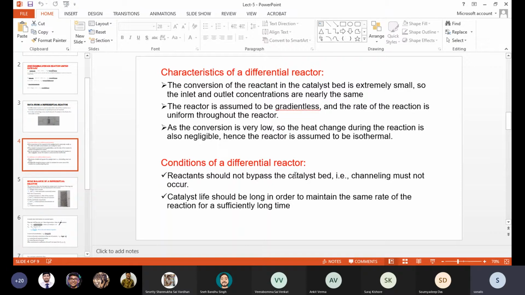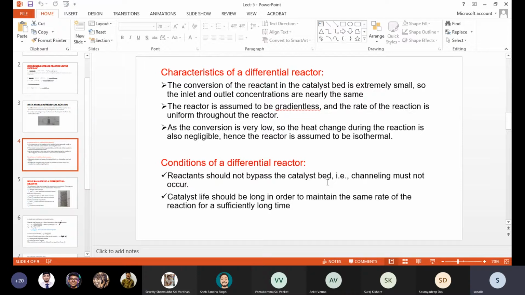Now, conditions of a differential reactor. What are the 2 conditions? One is that reactants should not bypass the catalyst bed. All the reactant molecules should pass through the catalyst bed. It should not bypass. That is, channeling must not occur. Channeling means